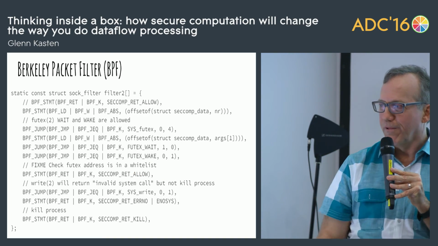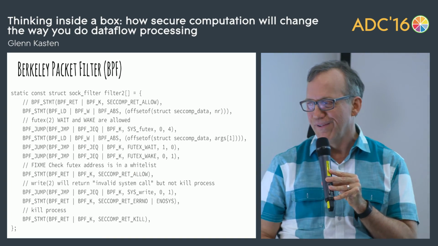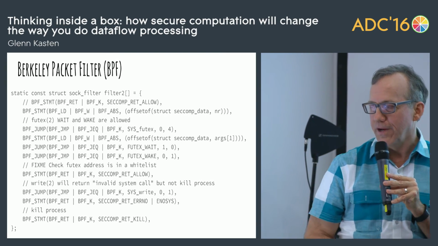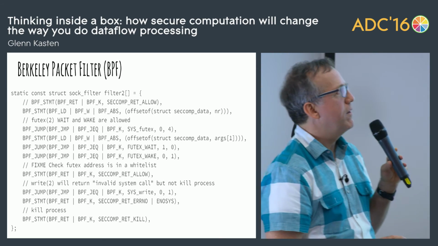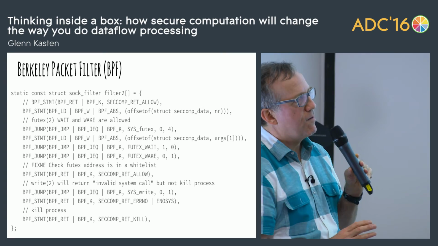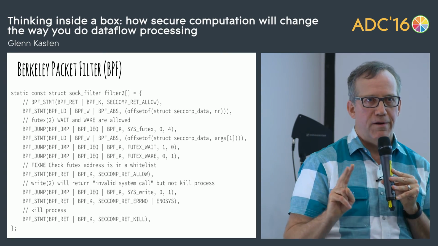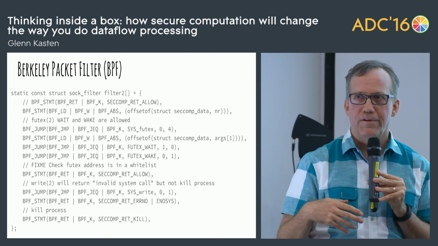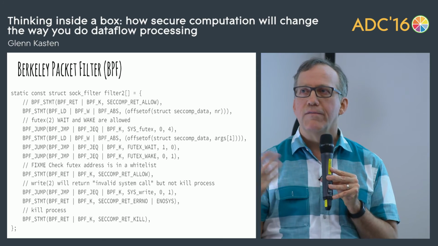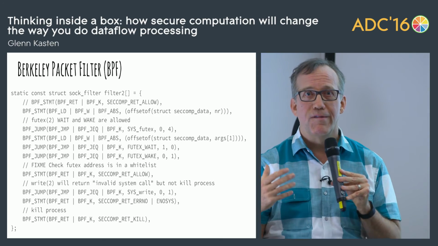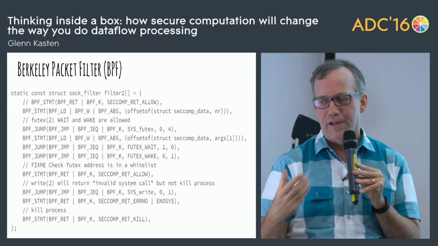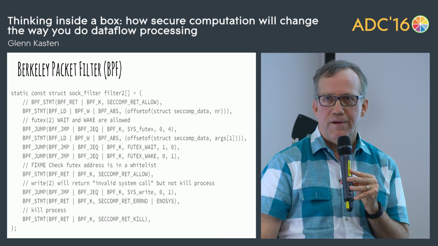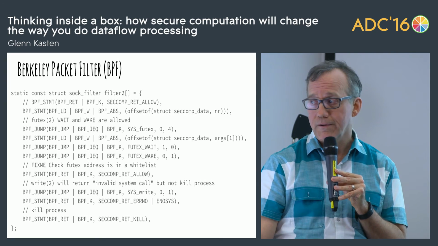So here's, don't worry, we're not going to go through this in detail, but here's a very simple, relatively speaking, seccomp filter or bytecode program. And I'll show you what it does on the next slide. But the summary is this allows two system calls to be executed and no other ones. And the two system calls are called futex wait and futex wake up. You can think of those as equivalent to semaphores or mutexes. They're basically ways of sleeping and waking up. And everything else causes the application to either die immediately or at least to return an error code.